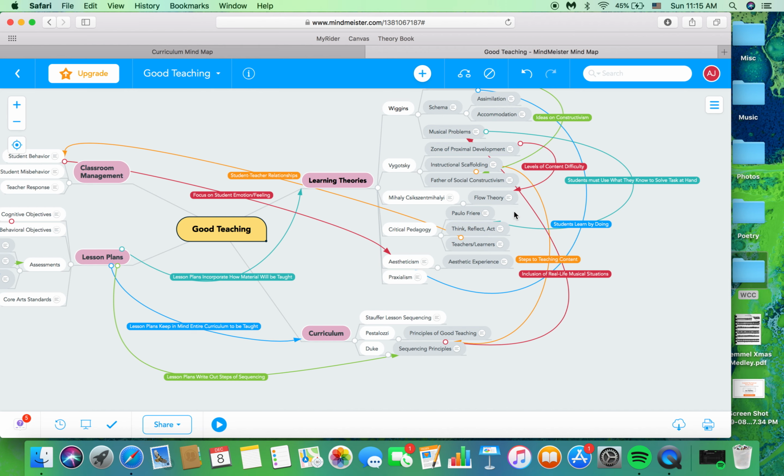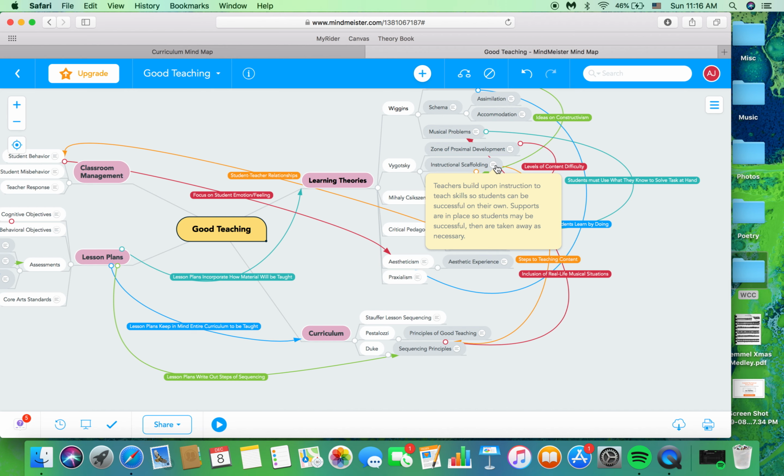It's too hard. The next thing I related is instructional scaffolding. I related that to sequencing principles, and it also could be related to Stauffer lesson sequencing because those are pretty similar. But those involve how materials should be taught. So scaffolding